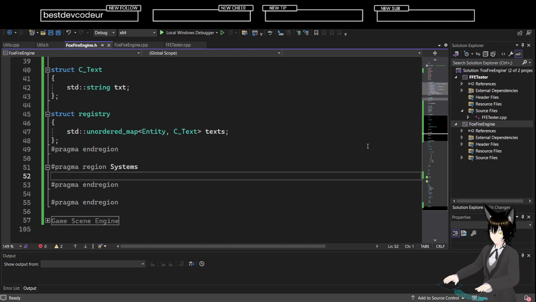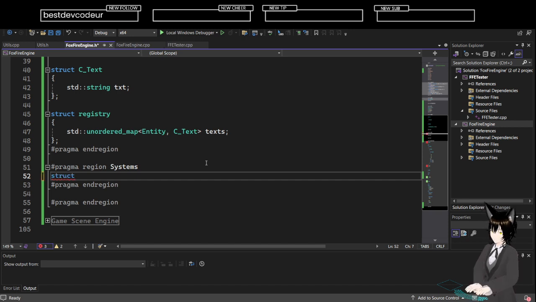In my thing, the systems are structs. And then they have, in and of itself, a thing that has like an update and things like that, right? So I could do,